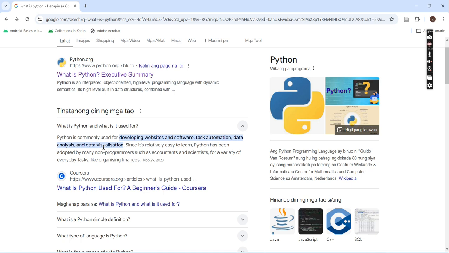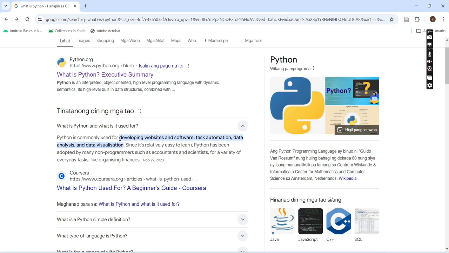One worthy detail is it says here that it is relatively easy to learn. That's why it's been adopted by many non-programmers. So, hoping that it will be easy to learn by our introduction to Python discussion.